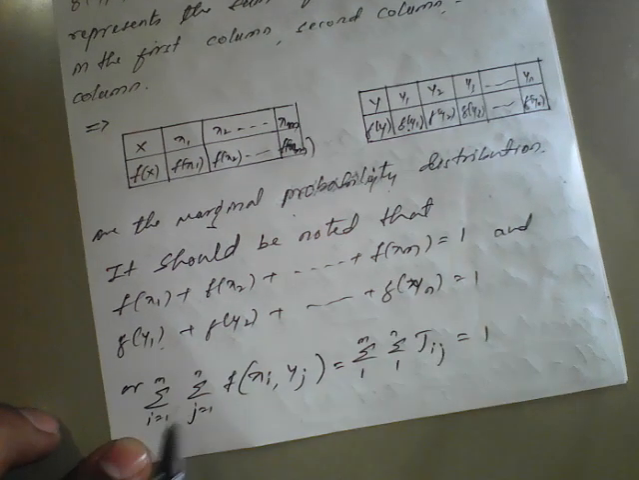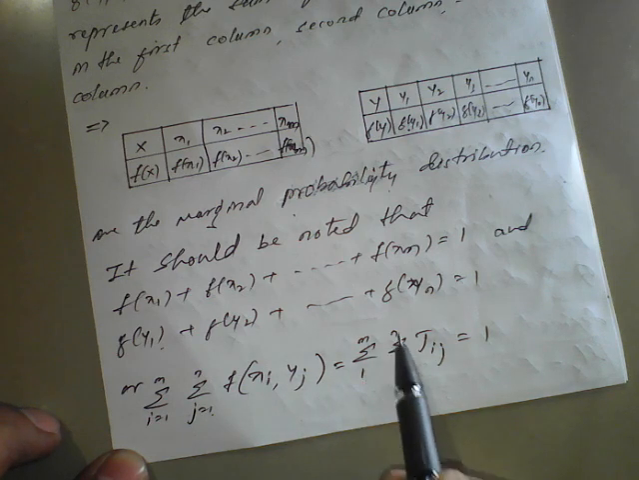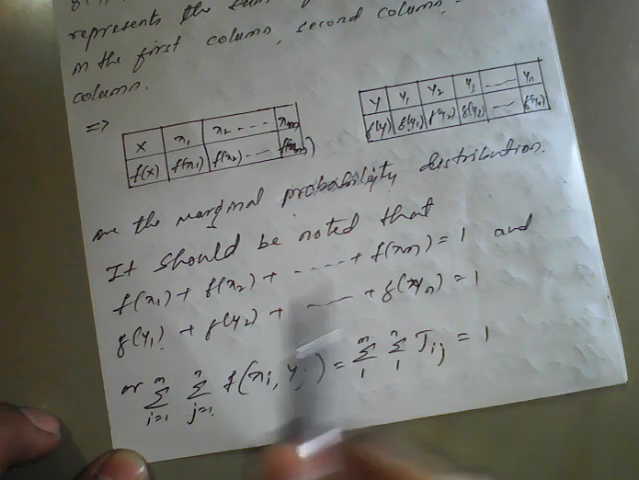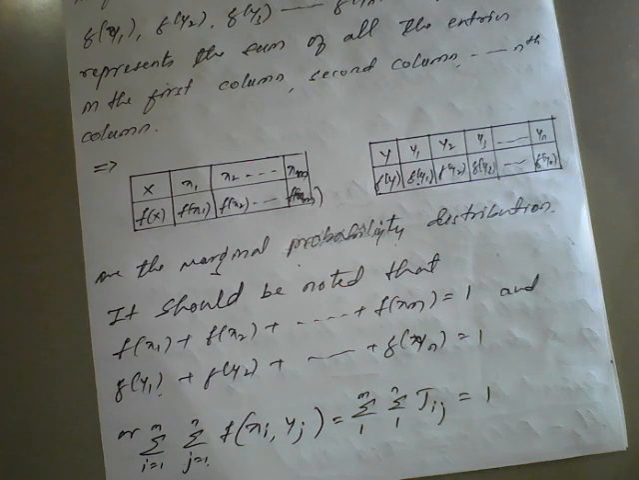So this in general can be written as the summation of i from 1 to m, summation of j from 1 to n, f of xi comma yj, which jointly is equal to 1. So this is nothing but the concept of a marginal probability distribution. Now we'll see what are independent